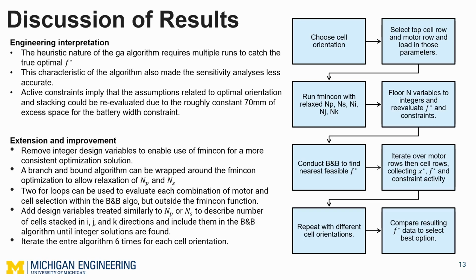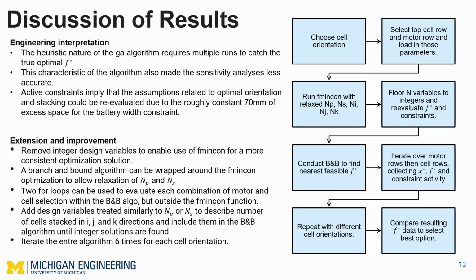Due to the heuristic nature of the GA algorithm, we required multiple runs to catch the true optimal F star, and our sensitivity analyses were less accurate. We could improve this by switching to an fmincon-based algorithm, but we would need to relax our integer design variables for cell stacking and run more iterations of the algorithm to cover each combination of rows in the cell and motor selection matrices. From there, we could wrap in a branch and bound algorithm to find the closest feasible